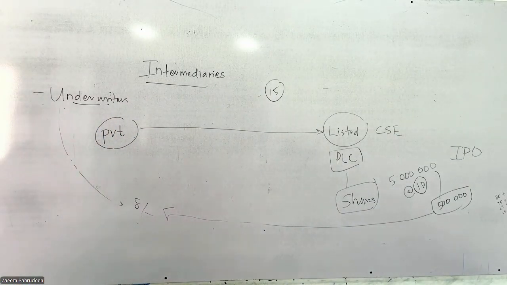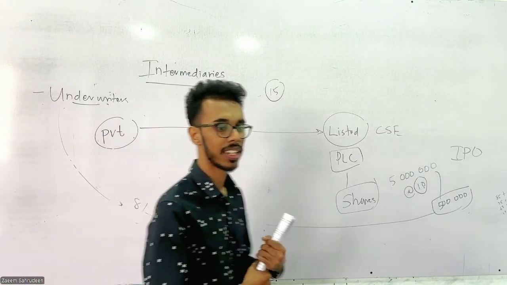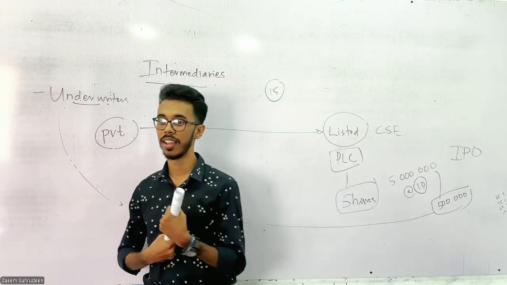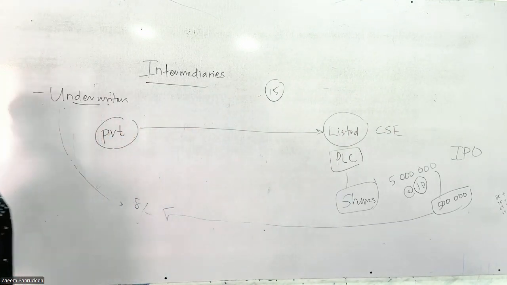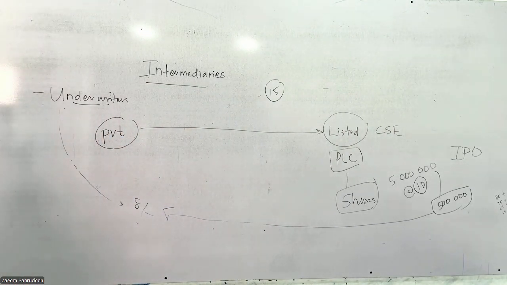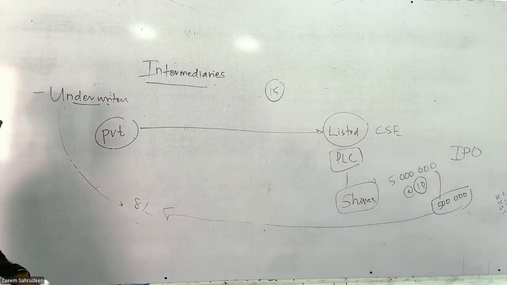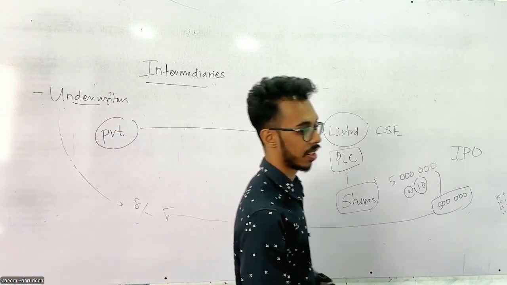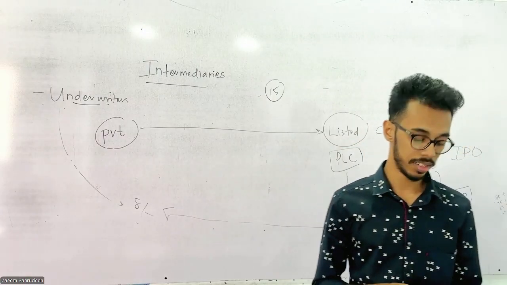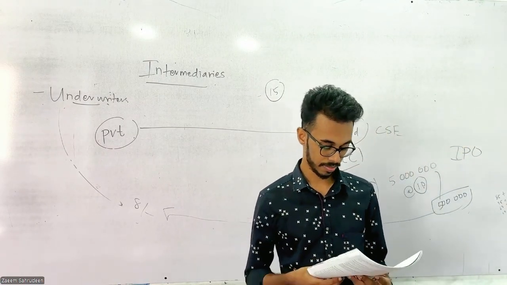So what are the reasons for the rapid growth of finance companies? One reason is the demand for loans. The demand for loans is increasing day by day. That is one reason finance companies are growing: increased demand for loans.